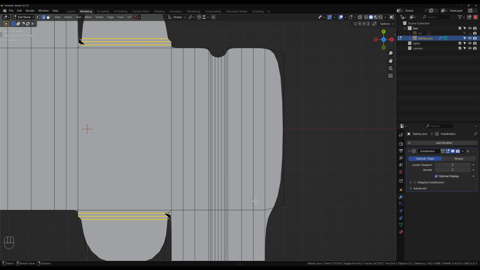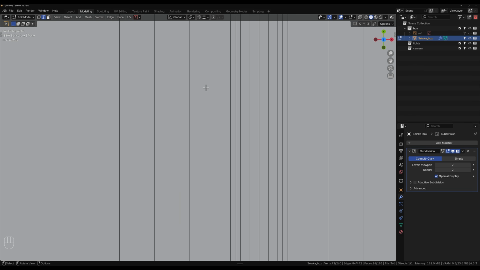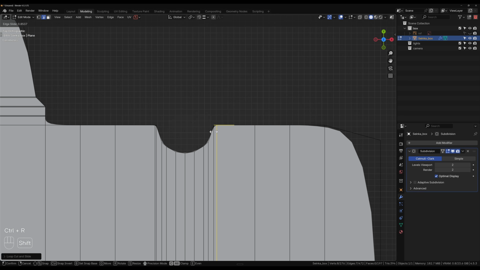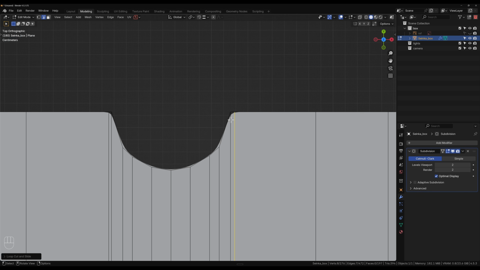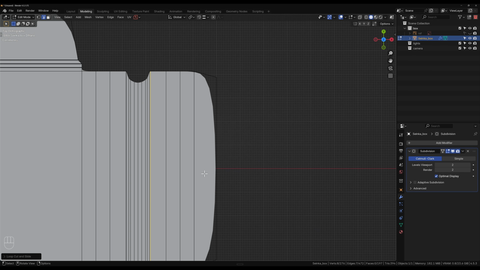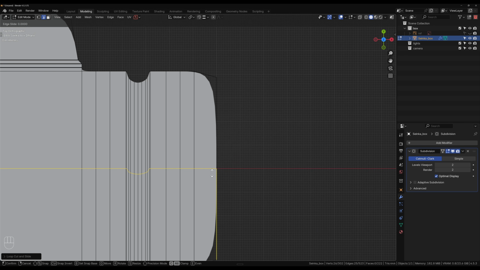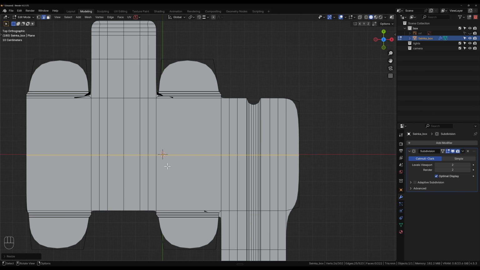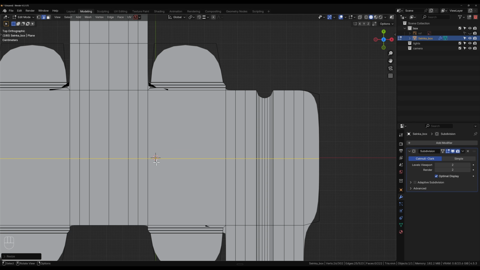Now we want to add loops all the way around here. So let's first add a loop here. Control R. We'll bring it in nice and close. Control R. And you see what's happening with the subdivision. It's pulling it all in. So then we'll add in a few loops across the center, which maybe I just go Control R, right click, S, Y, scale that so that I've got a straight center line here, which isn't in the center at the moment,